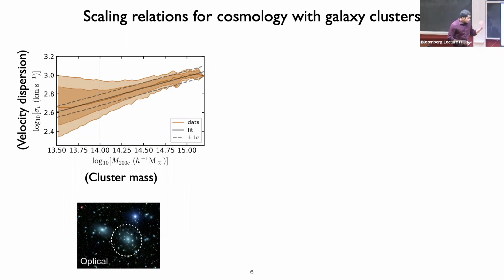And if you think of it from a virial theorem perspective, the gravitational potential energy of a cluster should be related to the kinematics of the cluster, for example, the velocity dispersion. So from the virial theorem, you would expect that the velocity dispersion should have a power law relation with the cluster mass. And actually, this is used in cosmology for estimating masses of these clusters.